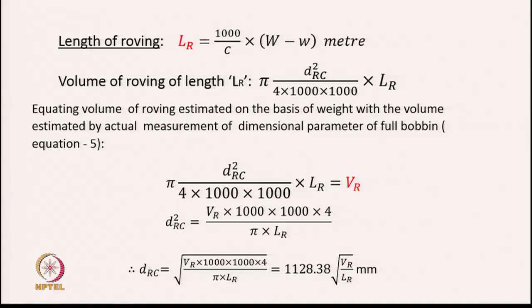Now, if I know the weight of roving, and I know the roving count in tex, which is C, then the total length of roving in that roving bobbin can be shown to be 1000 by C into capital W minus small w. This will give you the length of the roving in meter. So, C by 1000 is basically,